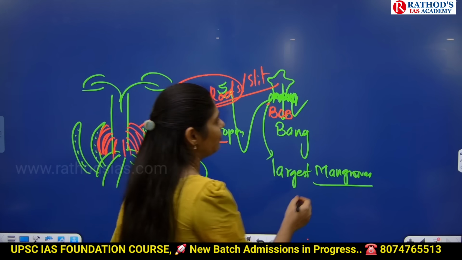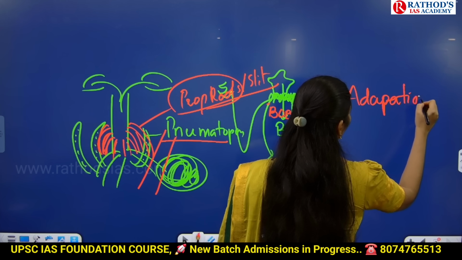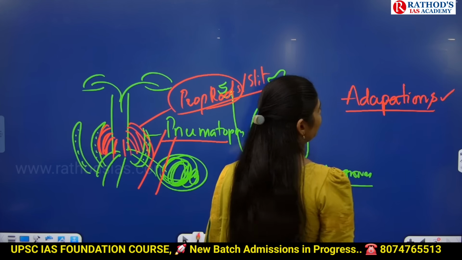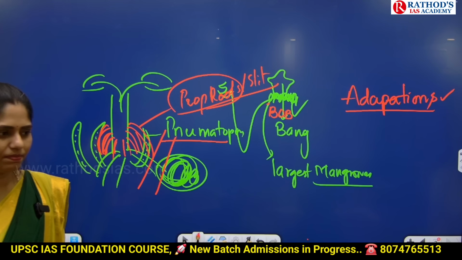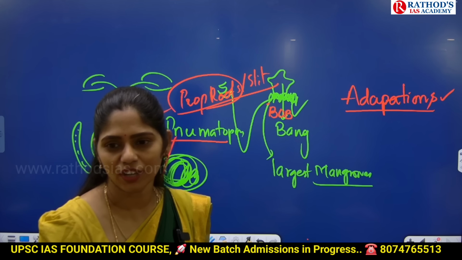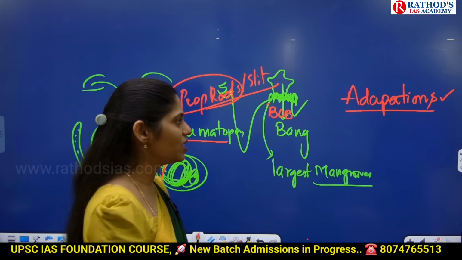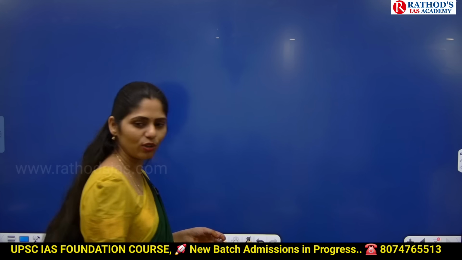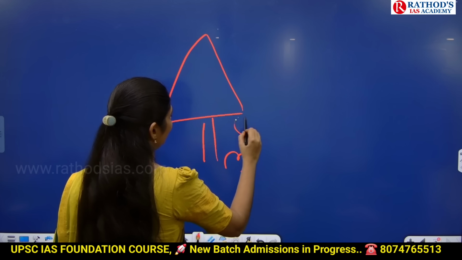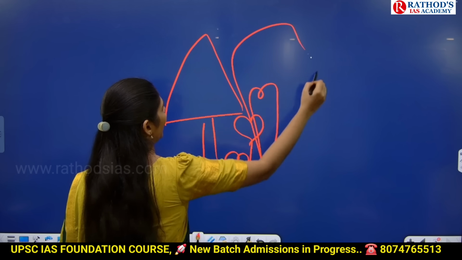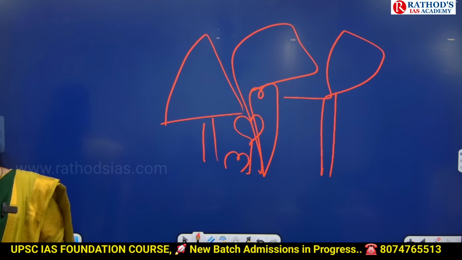And one more topic you have to focus on is adaptation. In ecology, you will be studying different types of trees present in different locations, different biomes. For example, in an evergreen forest, there will be no shedding of leaves. In an evergreen forest, we can see different canopy layers. Big trees we have, small shrubs we have, medium trees we have. So we have a thick canopy. Because of this thick canopy, even sunlight will not be able to fall on the ground.